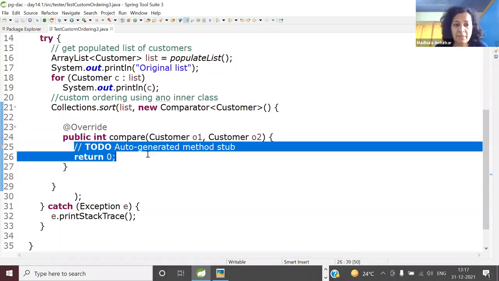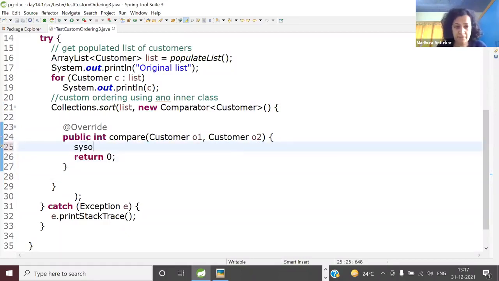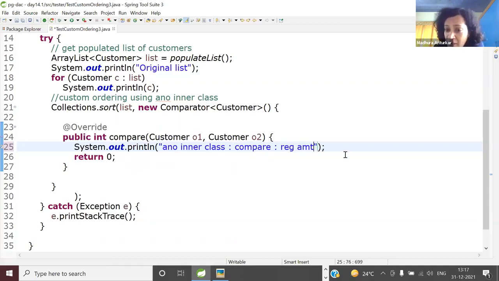So you can supply some SOP. I'll say: compare, anonymous inner class, compare based on registration amount. So you'll know that your Collections.sort is actually going to call it. Now, anyone want to tell me how I will do registration-amount-based sorting?